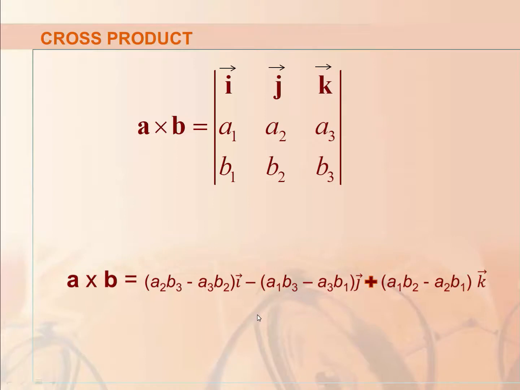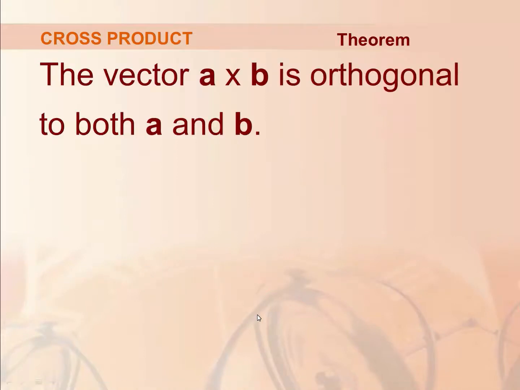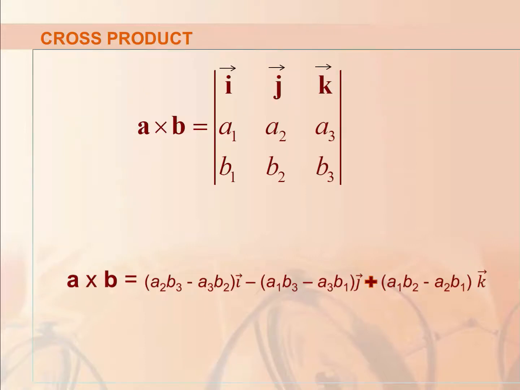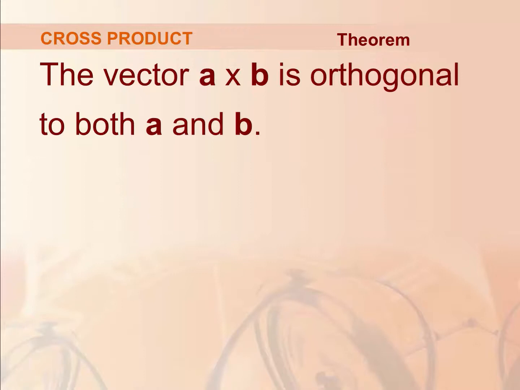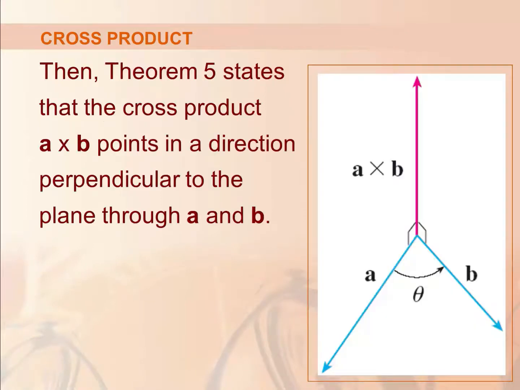This is how we do the cross product. The cross product gives a vector. The scalar product or dot product gives a number, as we saw, and here A cross B is a vector. This new vector A cross B is orthogonal to both A and B. For example, if this is A and this is B, A cross B is orthogonal to A and B, and to determine the direction use the right hand rule.